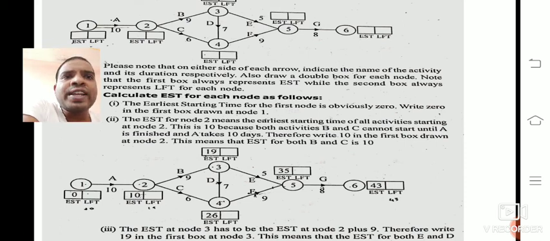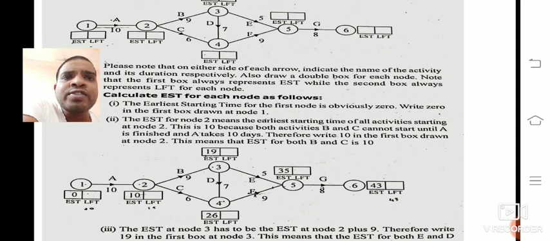Now at node 3, EST is 19: the EST at the previous node is 10 and B's duration is 9, so 10 plus 9 is 19. And at node 4, EST is 26. Please listen here, this is very important.